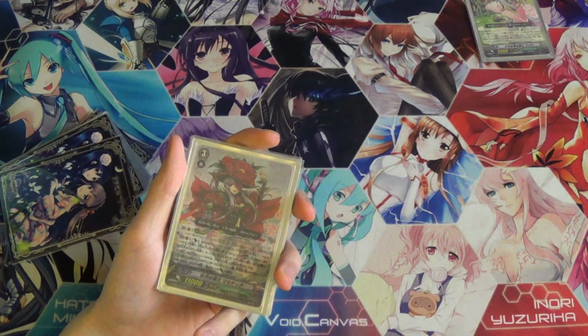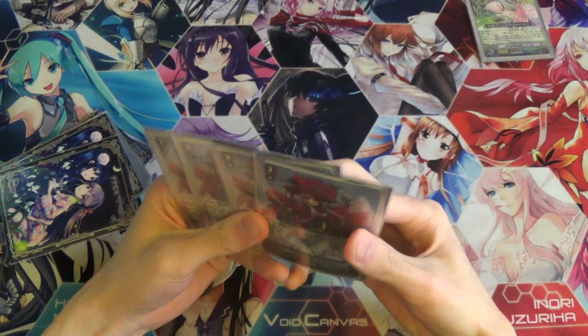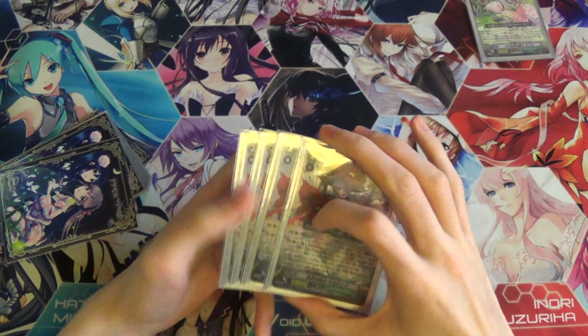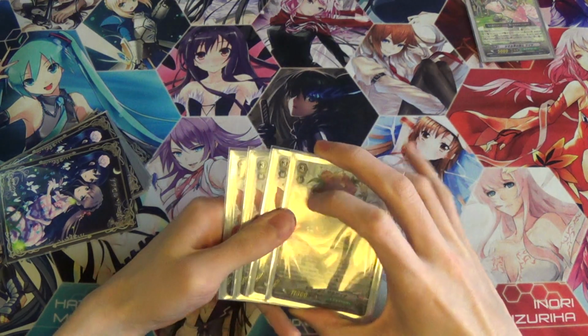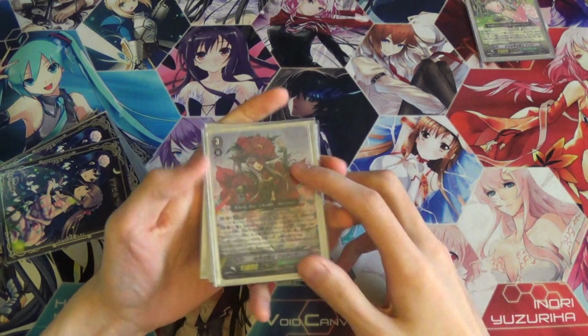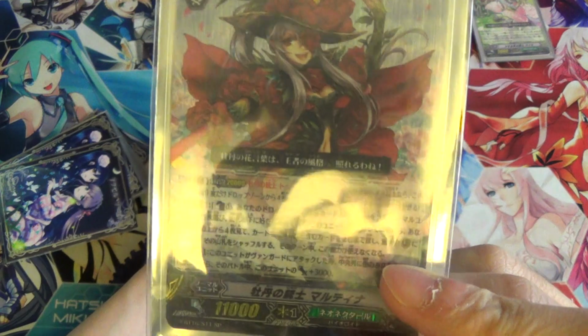Next, we run the new ace of the deck. Well, she's sort of the ace, but I don't use her as much as Vera. So this is Musketeer Martina, I think. Her skill is